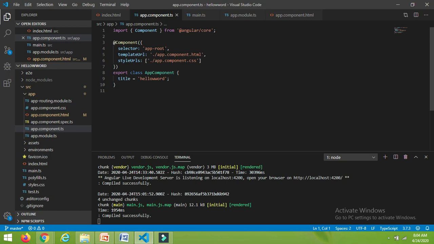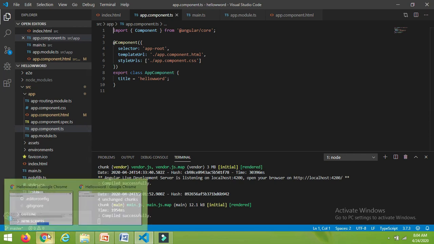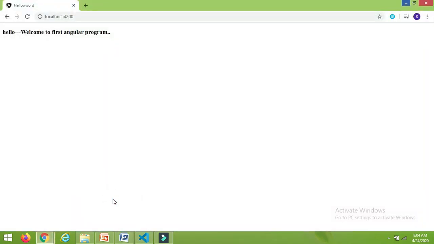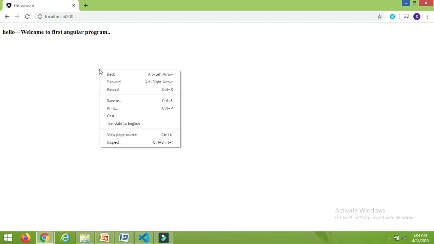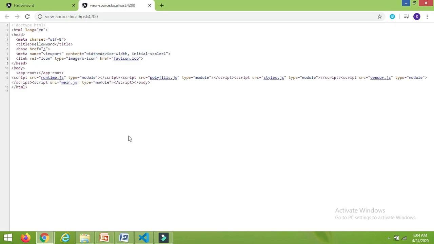So I will show you how this is happening. If you go and check the source code for this index file, right click and view page source. Here you can find it has added some script files.